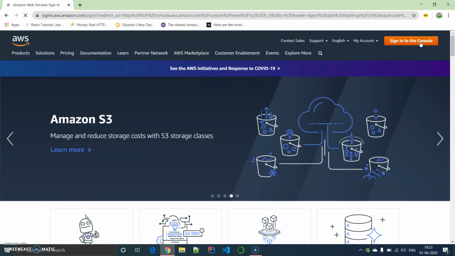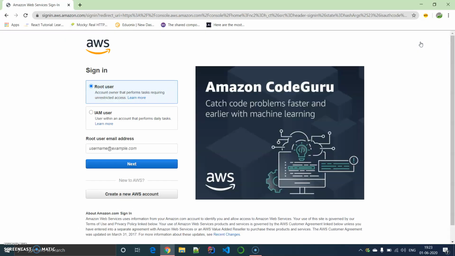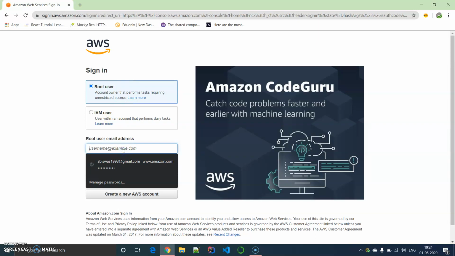I'm not covering how to create an AWS account, but there are two ways you can log into your console after your account is created, either as a root user or an IAM user, meaning Identity and Access Management. This feature is provided by the root user. Suppose I am a root user and I want a certain group of people to access this particular server. Then I would create a particular group and provide access to those members on the basis of a group name. Since I'm a root user, I'm going to use my own identity here.